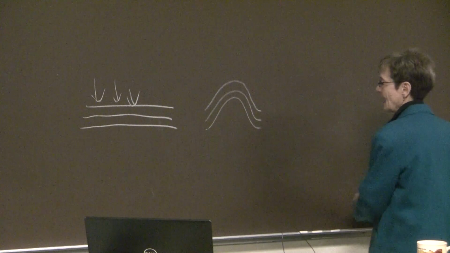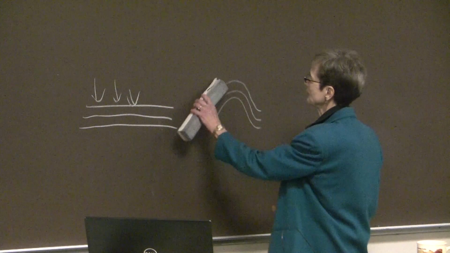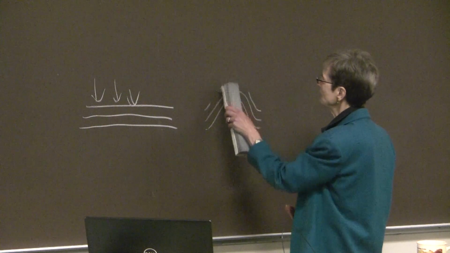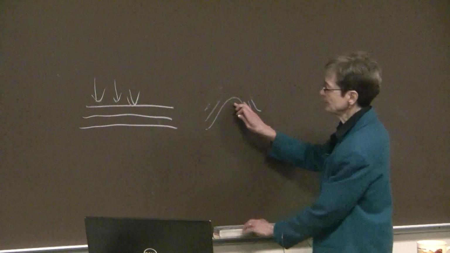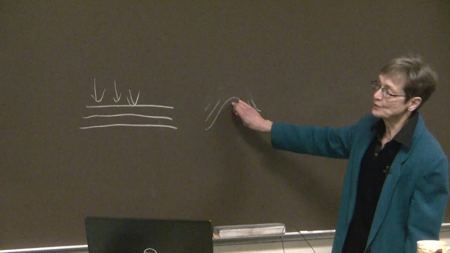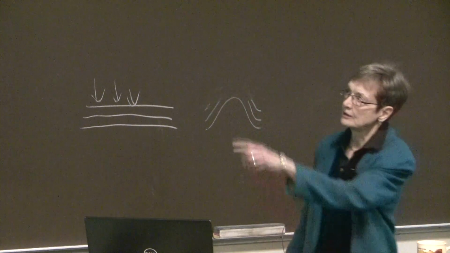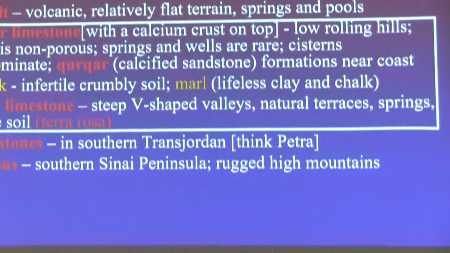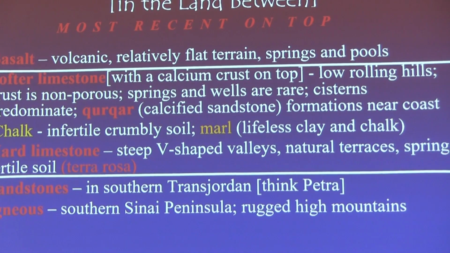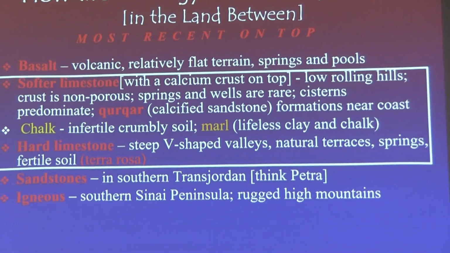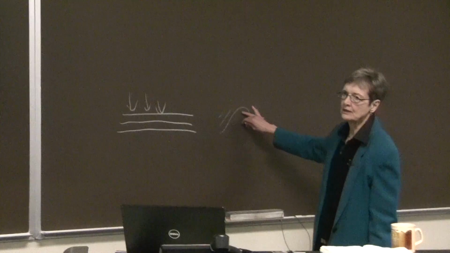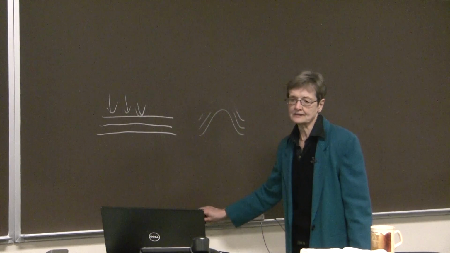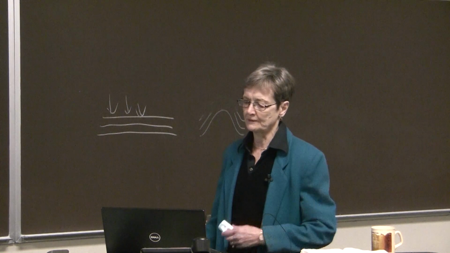But over time, as things erode, let's just say that we have more recent stuff eroding here and here. And lo and behold, even though this is older stuff, it is now going to be what's visible. Because our softer stuff, chalk, softer limestone, deposited more recently, has eroded away, and our highest stuff in terms of our series of limestone deposits is actually going to be hard limestone. It's older stuff, but it has lasted longer against the ravages of erosion. I'm hoping that makes sense because it will help us a lot.